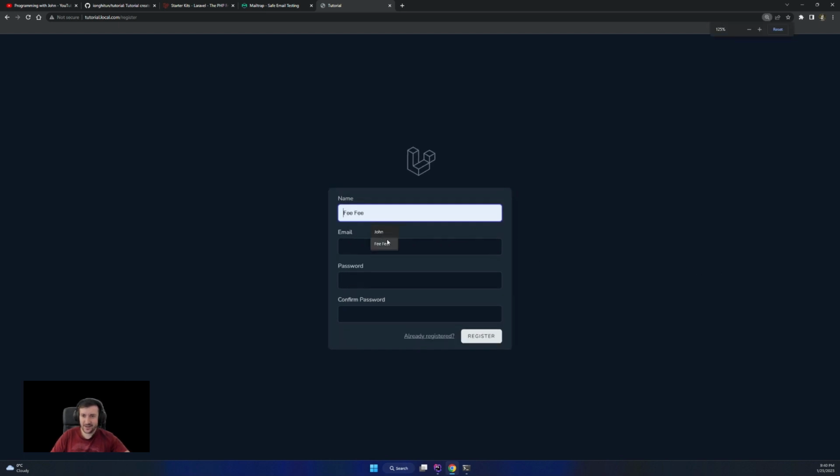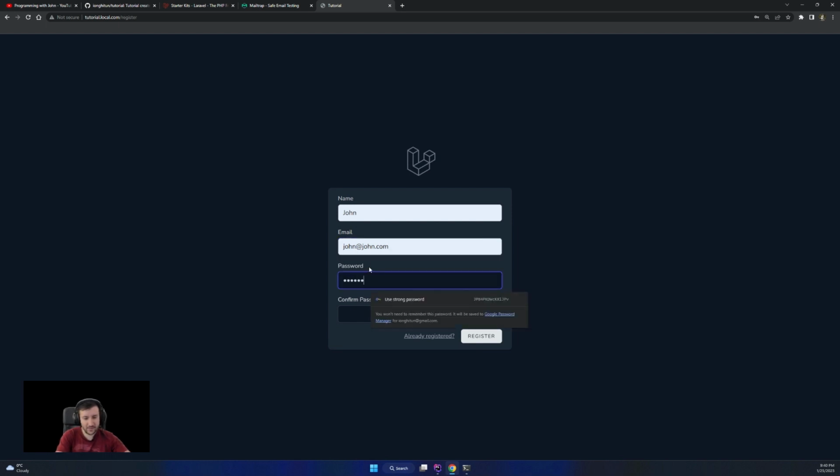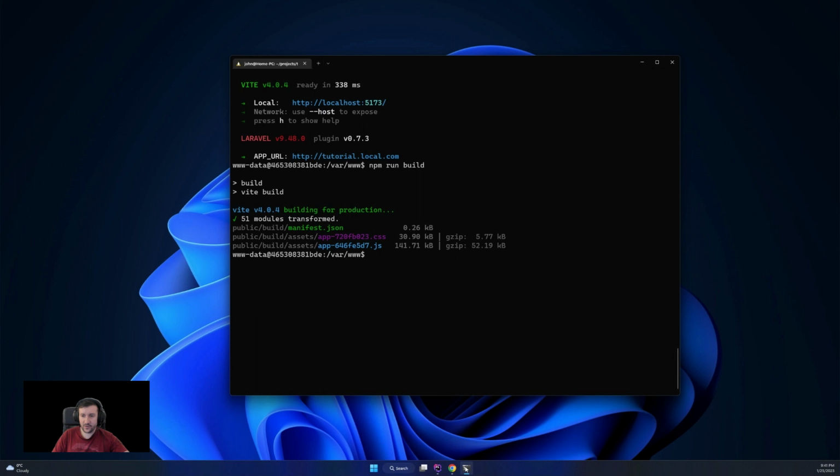Let me register an account. So I'm gonna put here something like that. Let me use a strong password. So the register is provided by the starter kit. I'm gonna show in a second everything that was added in the starter kit. I just want to create an account. But no, actually, let me show you what's in the starter kit and then create an account.